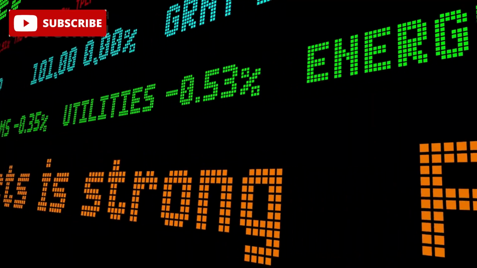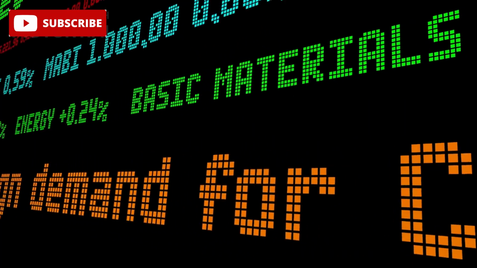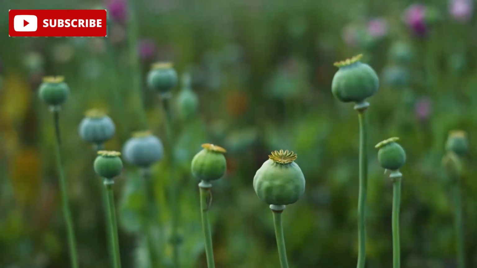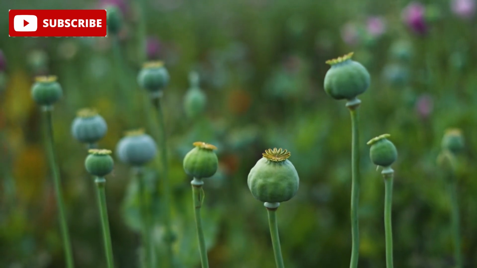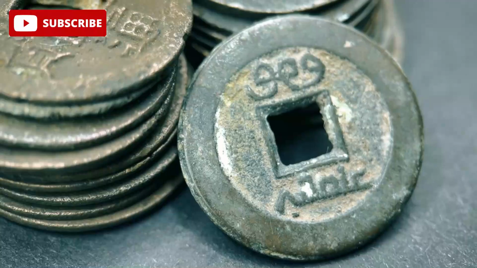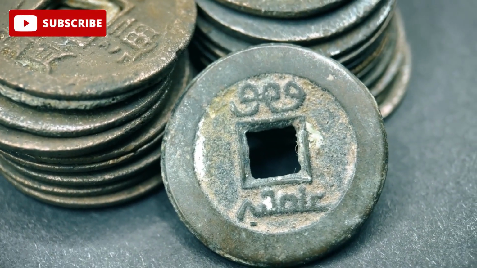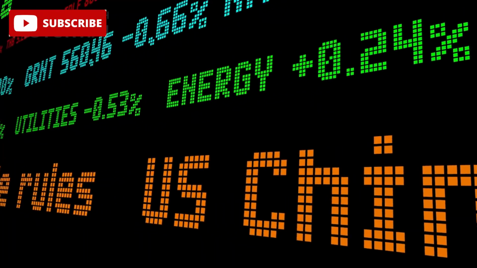In the 18th century, European demand for Chinese goods such as silk, porcelain, and tea created a trade imbalance, with silver flowing into China. To counter this, the British East India Company began exporting opium from India to China, which led to widespread addiction and social problems. Alarmed by these effects and the outflow of silver, the Qing dynasty banned opium in 1796 and 1800. However, British merchants continued to trade opium illegally.